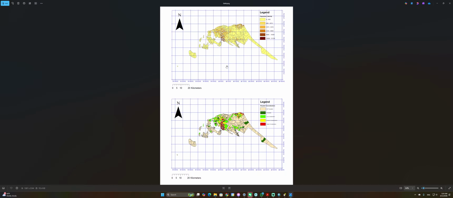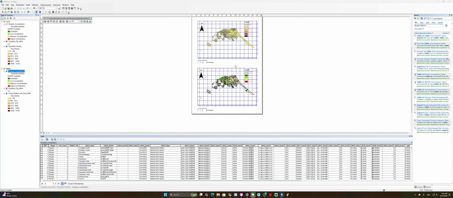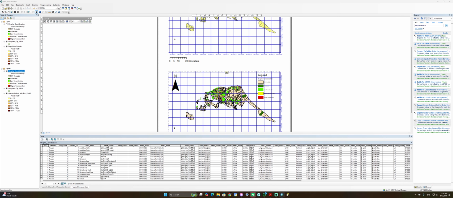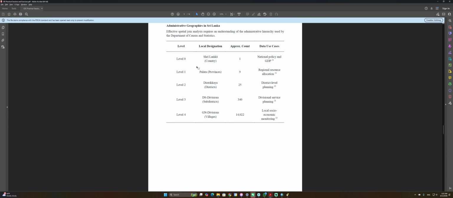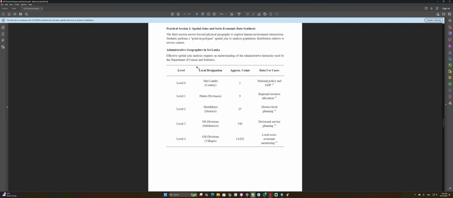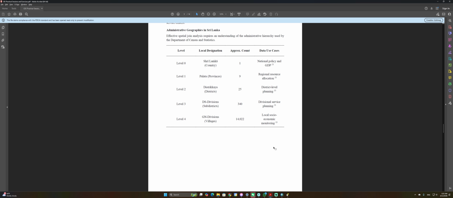So now I can include these maps in my project as well. If I am writing a thesis or a project report, I can include these files over there. So that's how you can do a simple spatial analysis, do some spatial filtering and then a spatial join and then a simple analysis like that. So I hope that you guys get something from this exercise as well. That's it, and wish you all the best for your upcoming